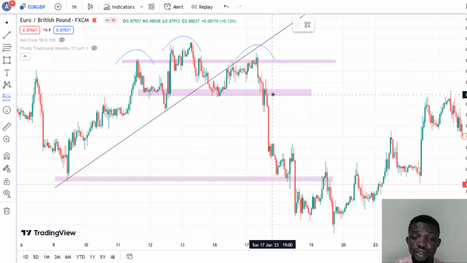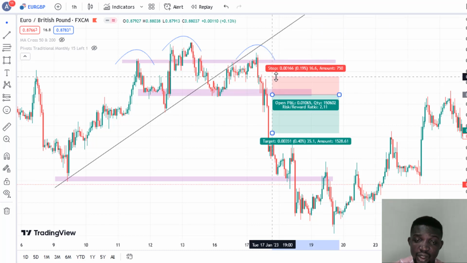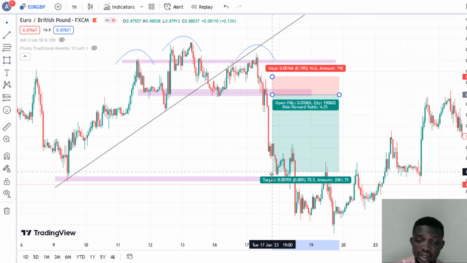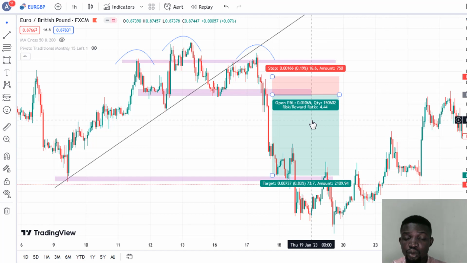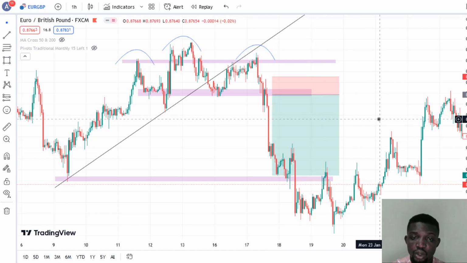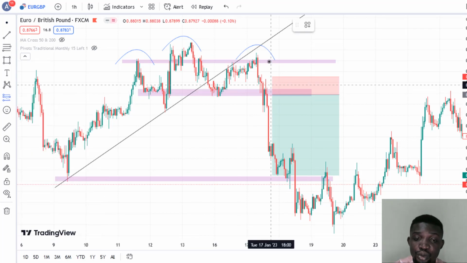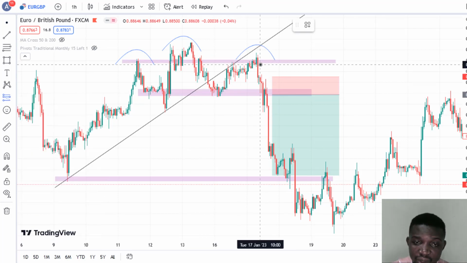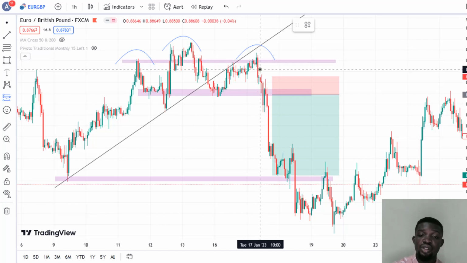If you have to set your entry, then we have our entry after the hammer pin bar here, then our stop loss a little bit above it, then I take profit down to the support, and I'm having one ratio for risk to reward. But if you have to enter just like how I'm used to entering the market, which is a very bad habit, if I change our charts to about 15 minutes, I'm definitely going to see